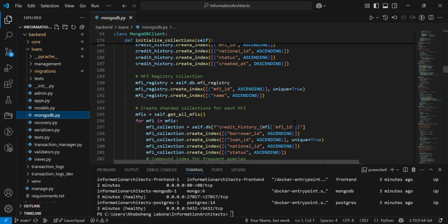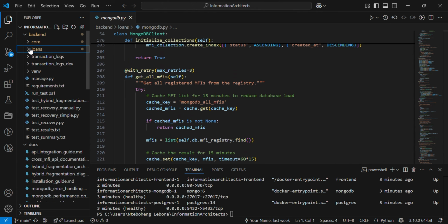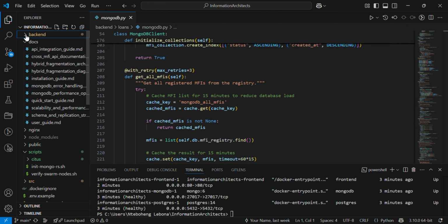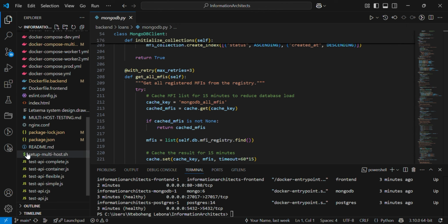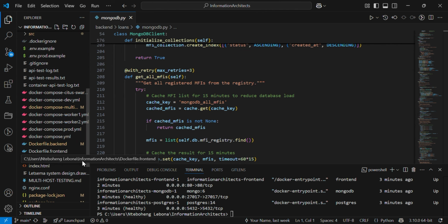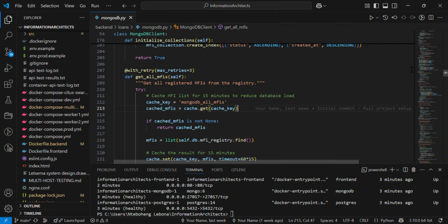We can see that, okay, now we see the files here. We see we have our composer file